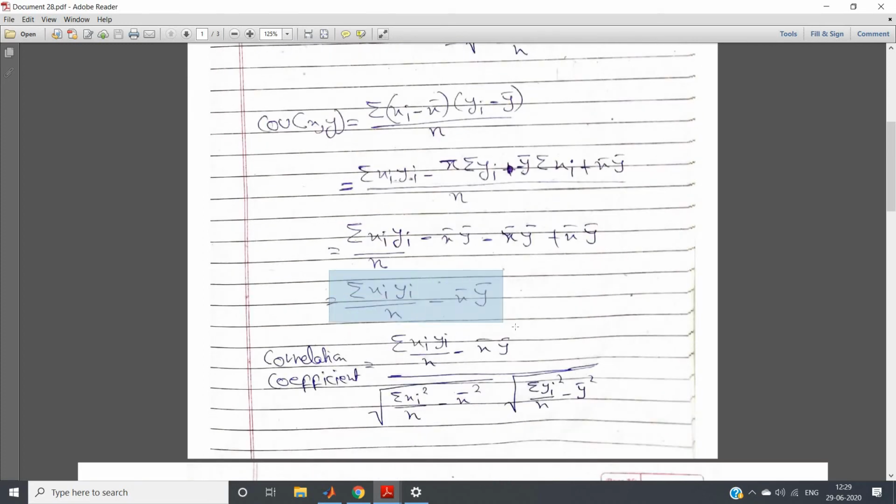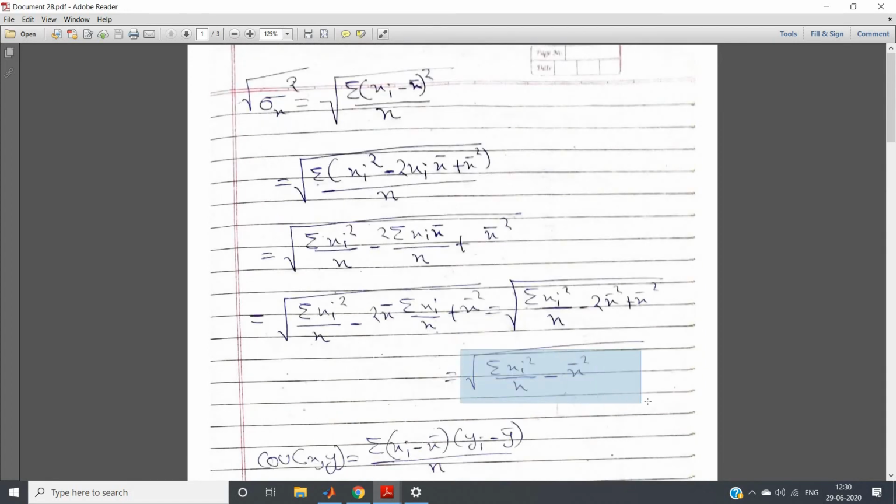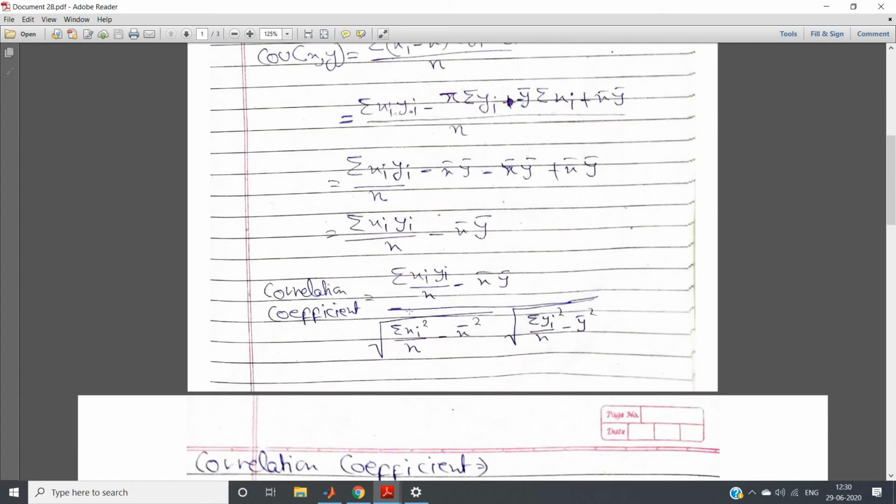So you will be having this equation after simplification, that is covariance of x comma y equals summation over xi yi by n minus x bar y bar. This can also be written. Now what is the correlation coefficient? Covariance of xy by standard deviation of x multiplied by standard deviation of y. That is nothing but can be written like this: summation over xi yi by n minus x bar y bar, which we have achieved from this, and then by root over summation over xi square by n minus x bar square into root over summation over yi square by n minus y bar square. This is nothing but this equation which I have derived here. So this is another expression of the correlation coefficient.